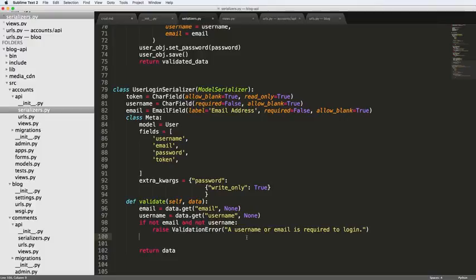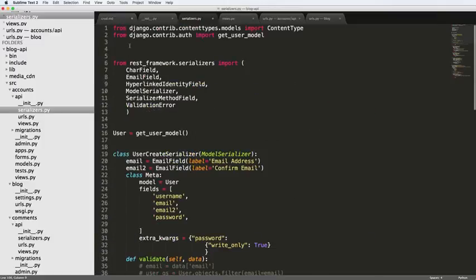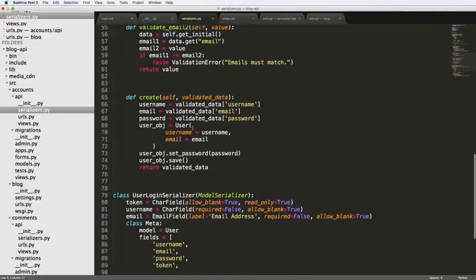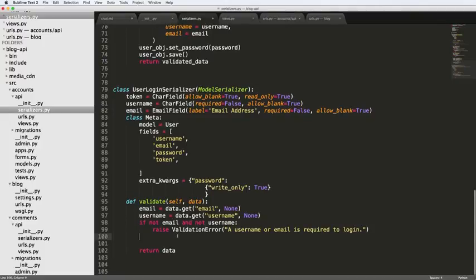So since we have one of these things, we actually want to check and see that our user actually exists. So we're definitely going to want to do a Q lookup. This is from Django: from django.db.models import Q. And back down in our user login validation, we're going to try and get a user object based off of this. So we're going to say user equals